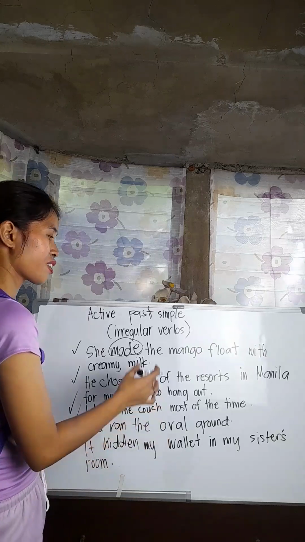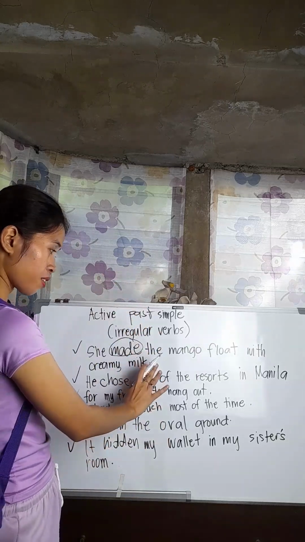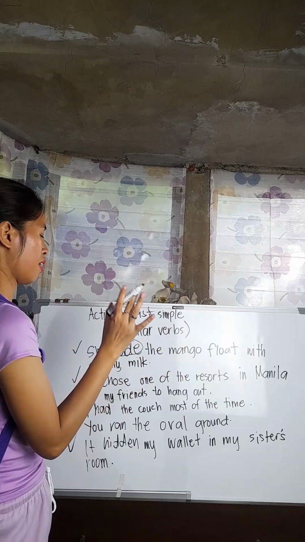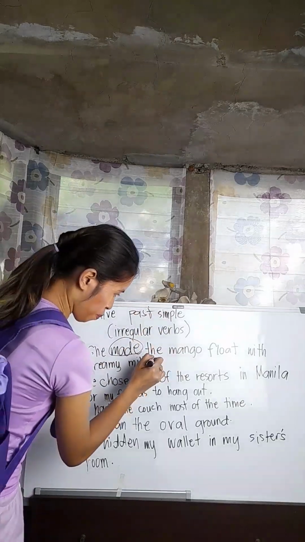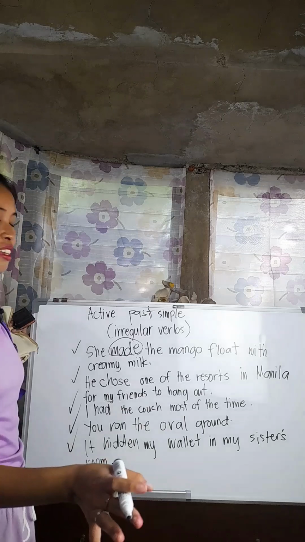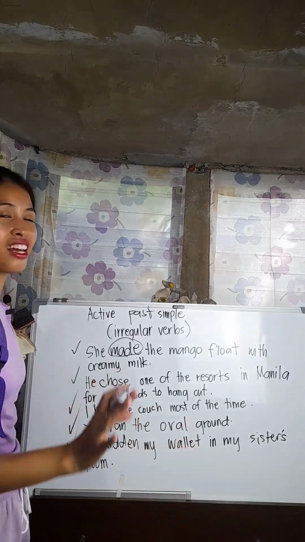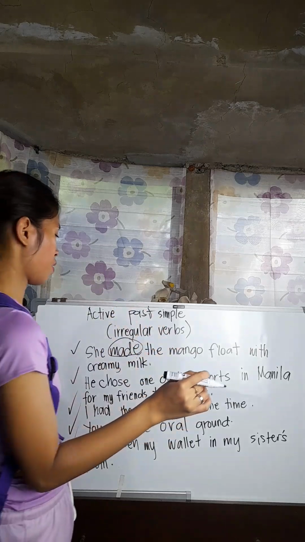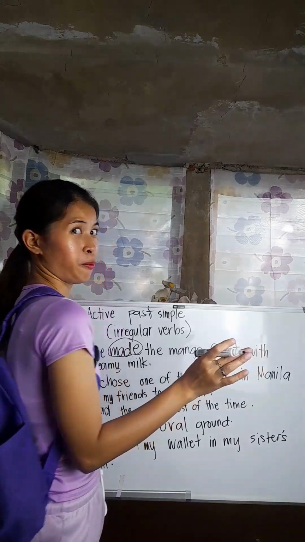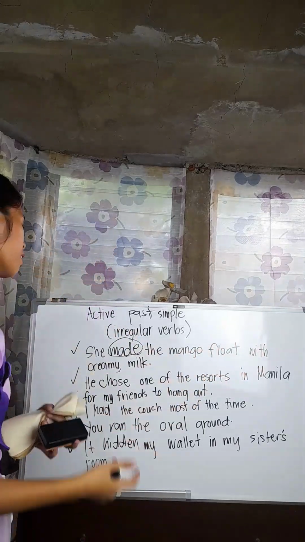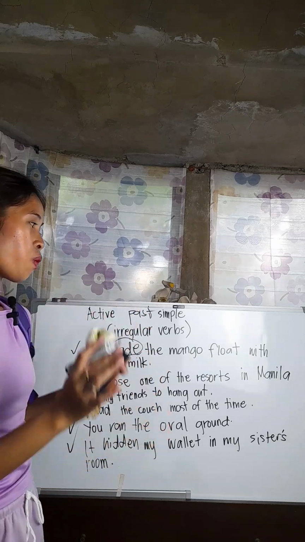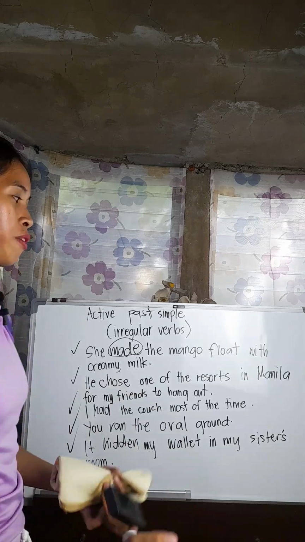And let us not forget in putting period, because a sentence cannot be called a sentence if it is not complete with punctuation mark. Okay, so for the second sentence, he chose one of the resorts in Manila for my friends to